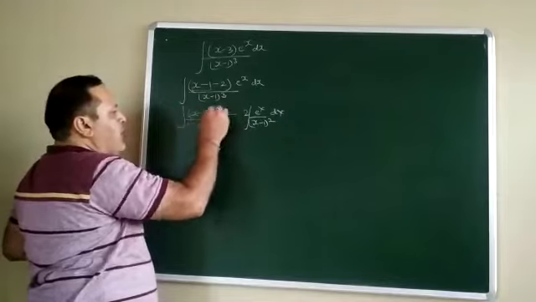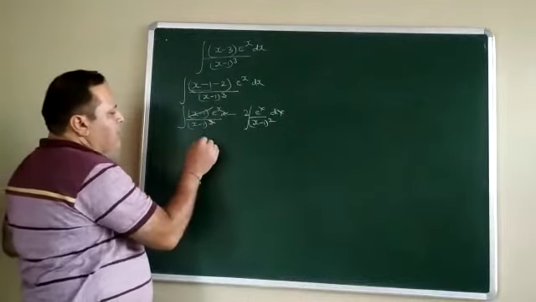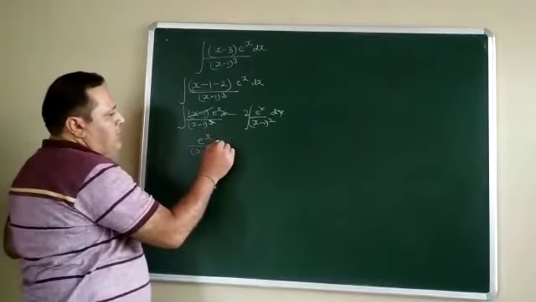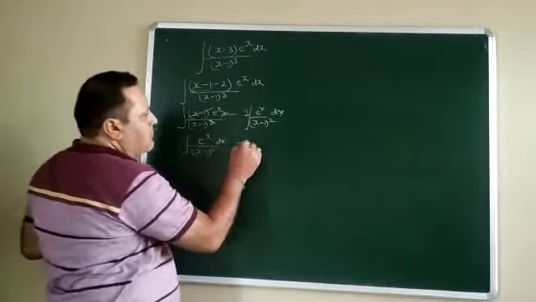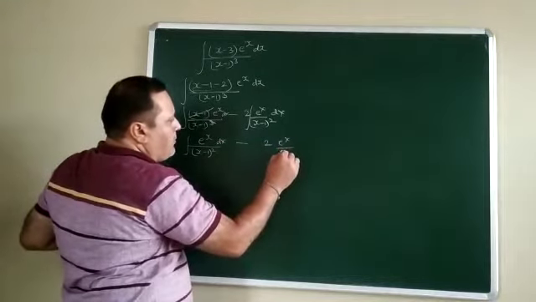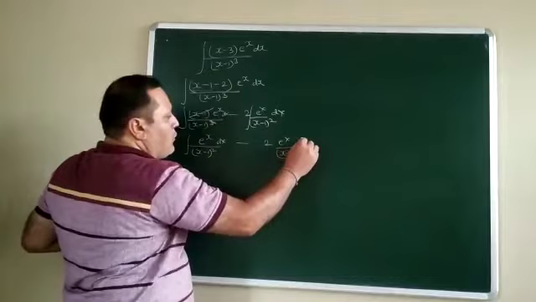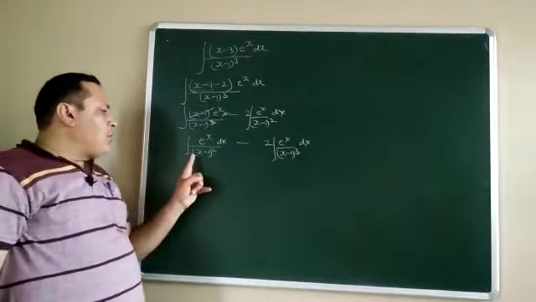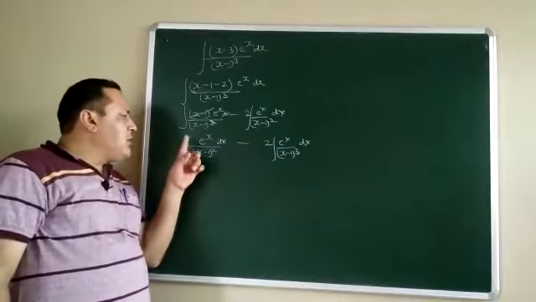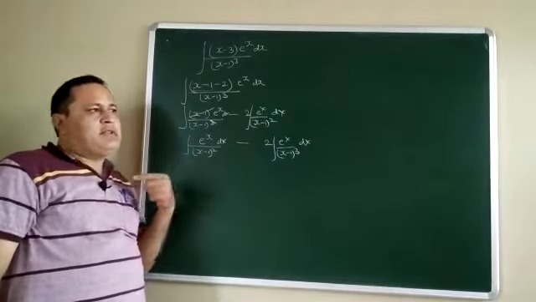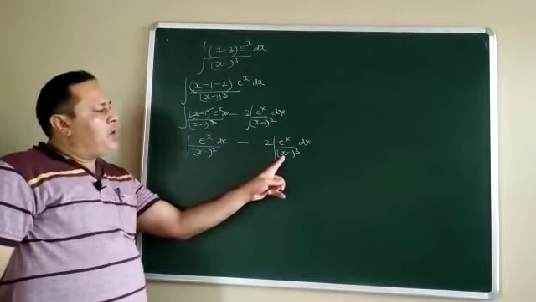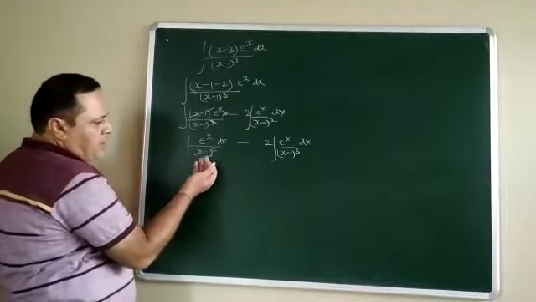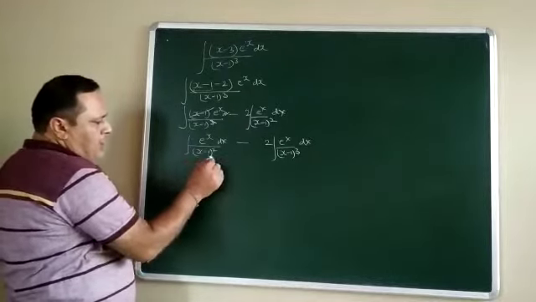Now this x minus 1 gets cancelled. What is left? e to power x upon (x minus 1) whole square along with dx minus 2 e to power x upon (x minus 1) whole cube dx. If you observe it carefully, this is a linear function. So if I think 1 upon x square, its derivative minus 2 upon x cube, its derivative is available. So I just integrate this function again, and this is your algebraic function.